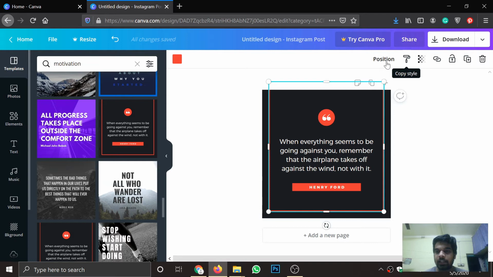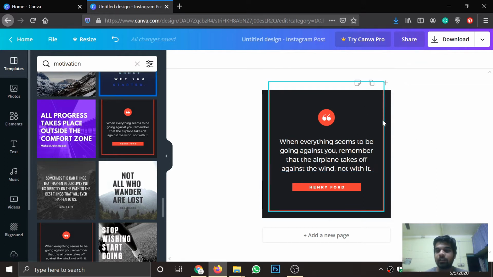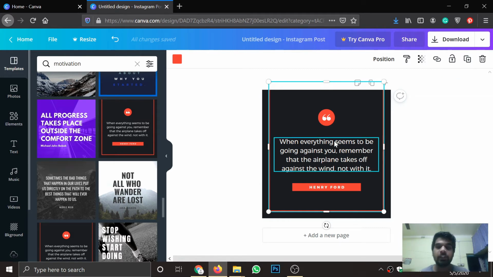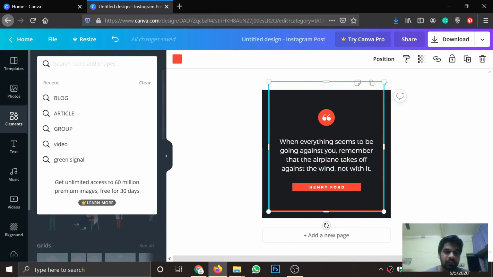You have copy style, and position, meaning top, forward, front, top left, bottom left, right, everywhere you can choose. There's also a link option and lock options available. Depending on your needs and your design, you have to experiment with a lot of things.